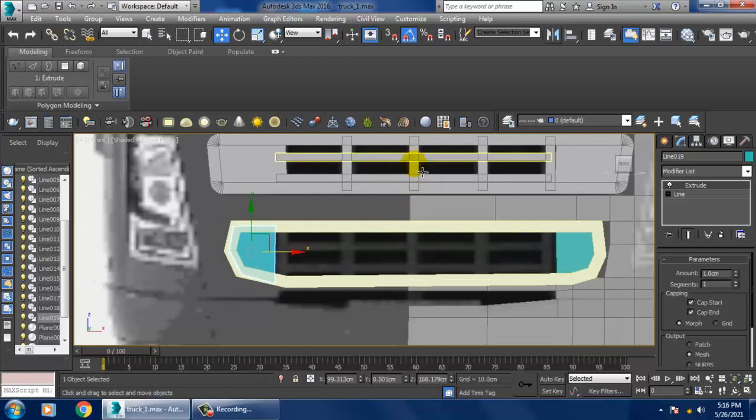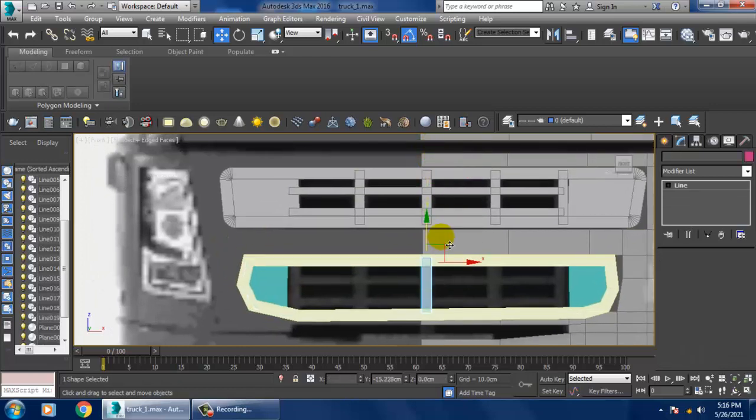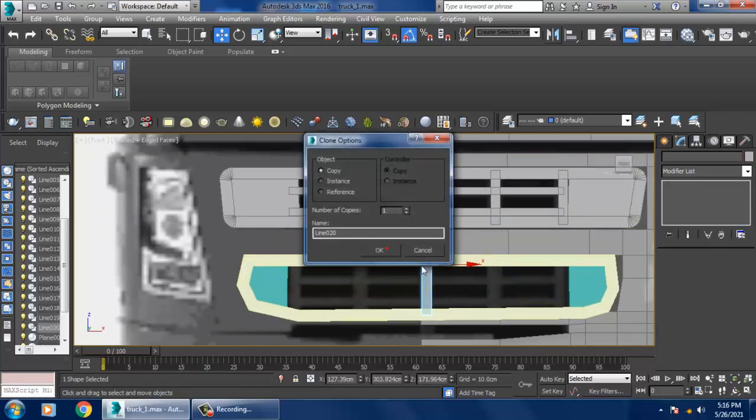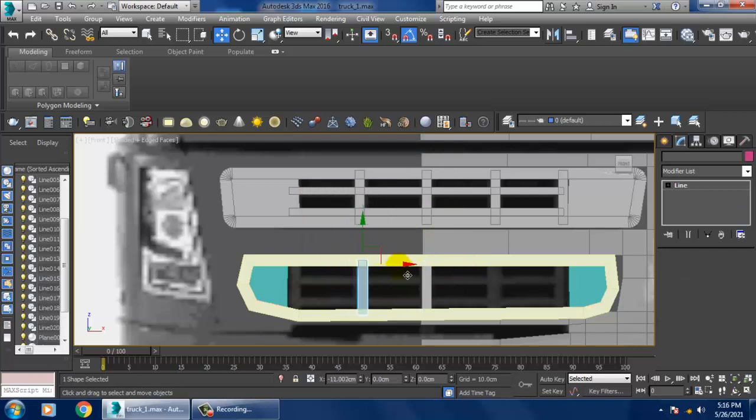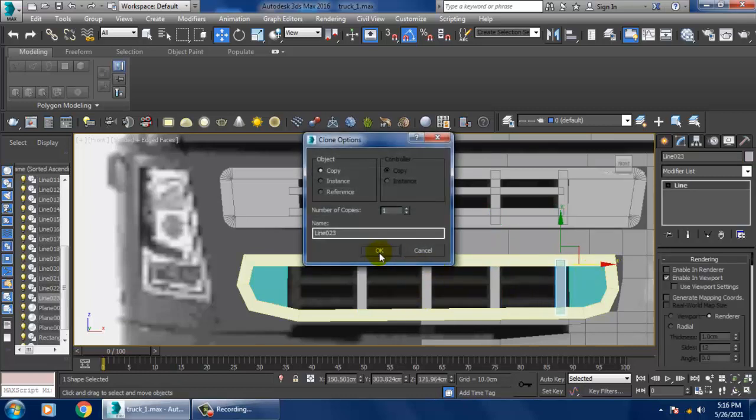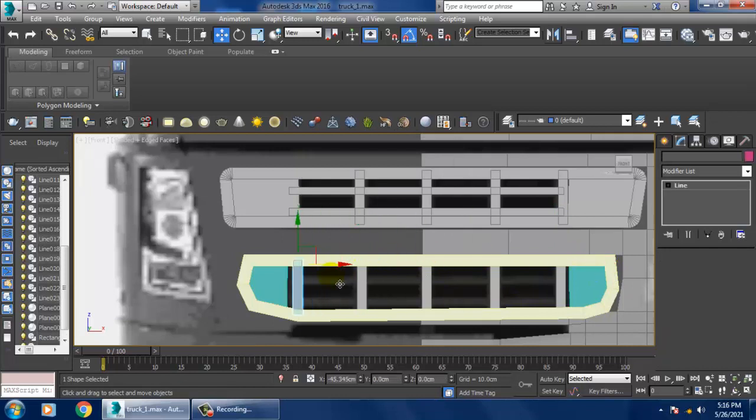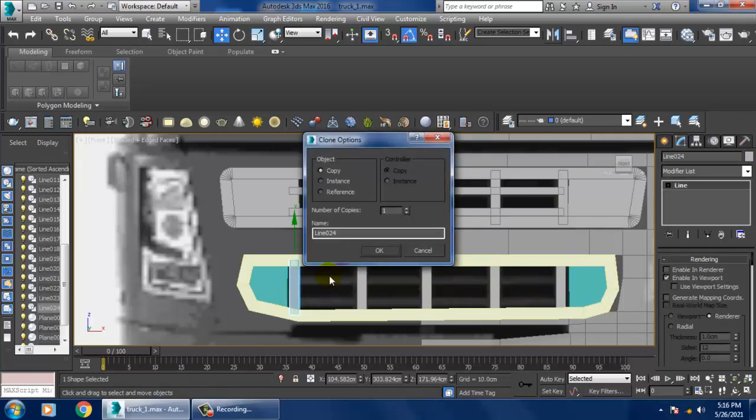The same way, just press shift and drag it, just duplicate all of these elements. Just go on duplicating that, just mirror that and click OK.